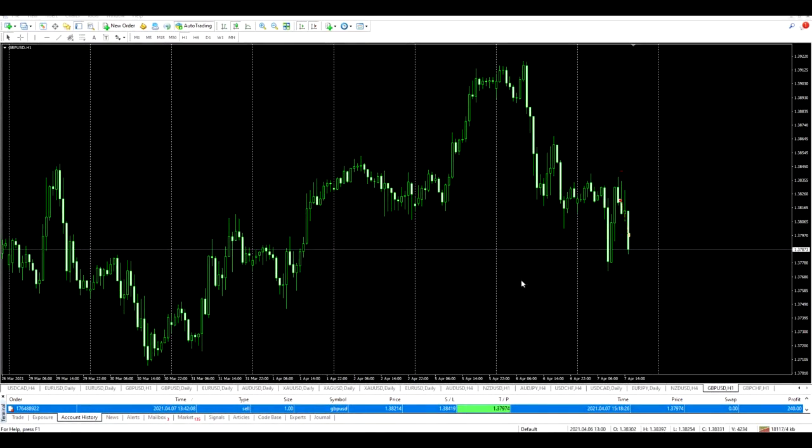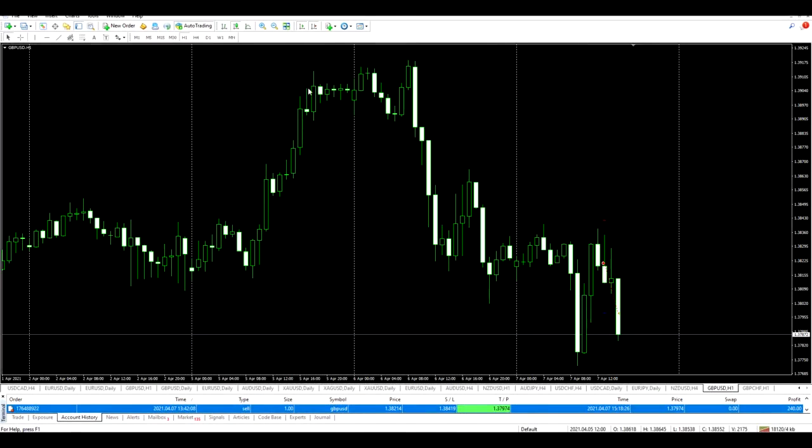Okay guys, and I'm back, and we can see that the trade has played out nicely. I entered here. Let me just zoom in a little bit, and we can see that within just a couple of hours the trade played out. My take profit target was hit, and that was a quick